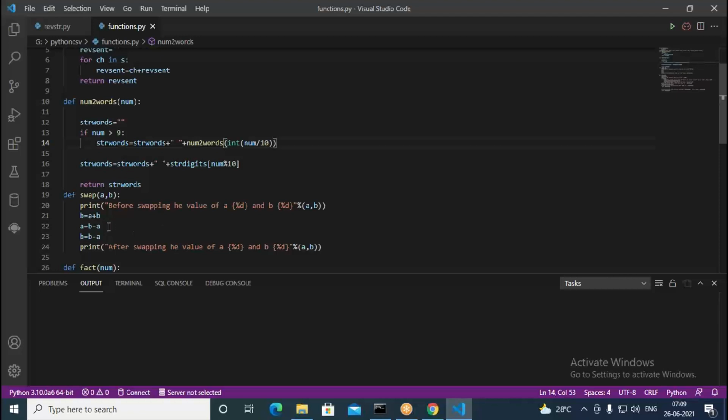Now a equal to b minus a. B value is 15, a is 5. So a becomes 10. Then b equal to b minus a. So b is 15 and a value 10. Therefore the value of b will be 5. So before you swap, it is 5 comma 10, but after you swap, it's going to be 10 comma 5. Like that, we get the result.